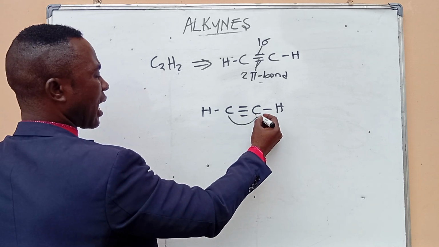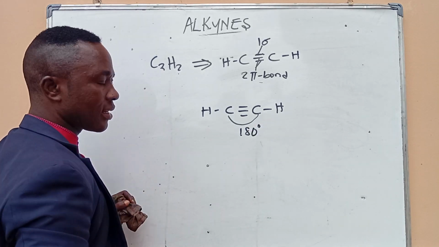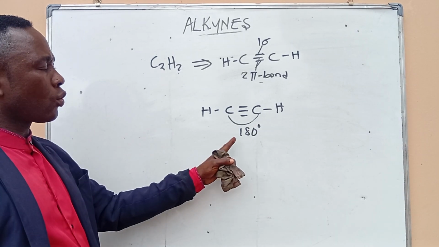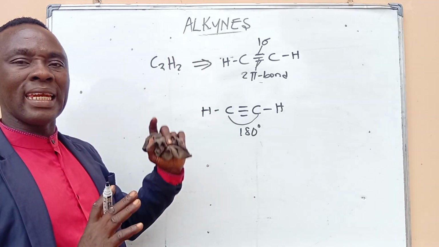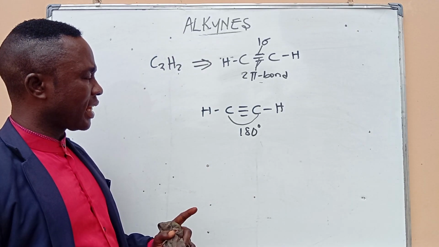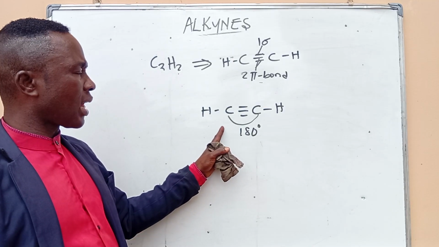So when you look at it, because of the triple bond, the bond angle is 180 degrees. If the bond angle is 180 degrees, it simply means that alkynes are linear molecules. They are linear molecules because their bond angle is